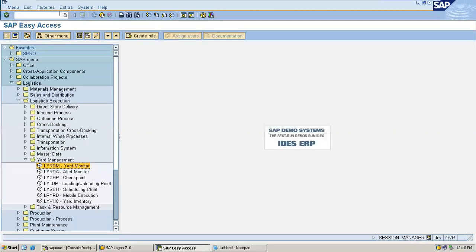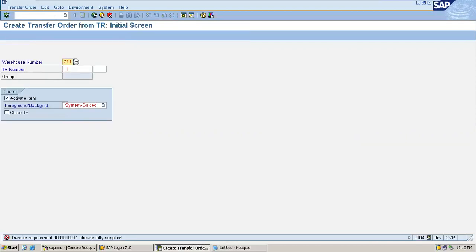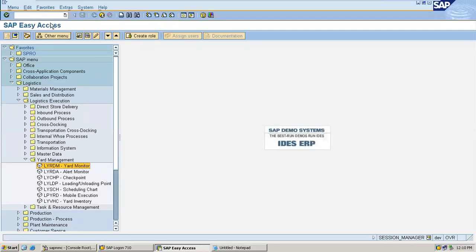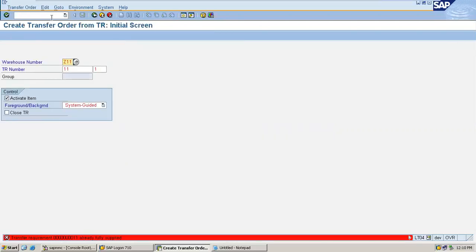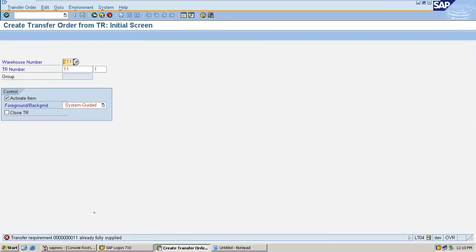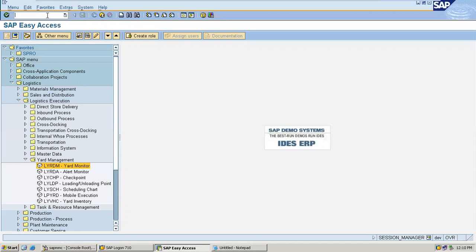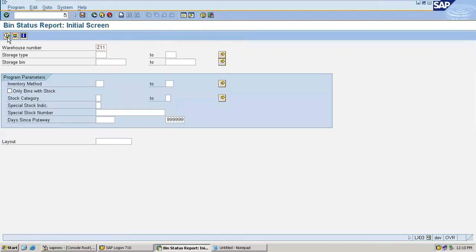Go to LT04. Go to LX03. Let's see. Execute.